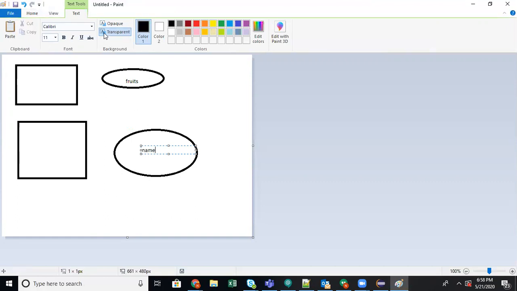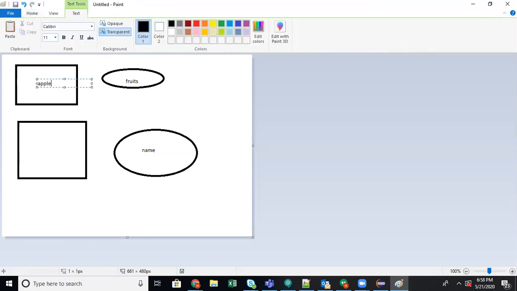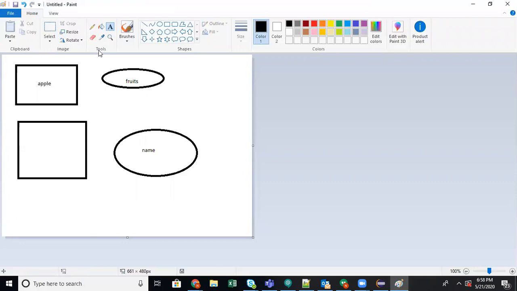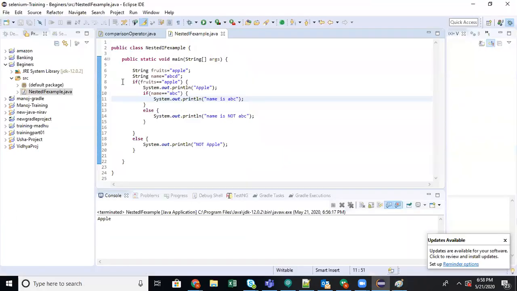Okay, and what is the value it is assigning? Apple. And here what is it assigning? Okay. Done.